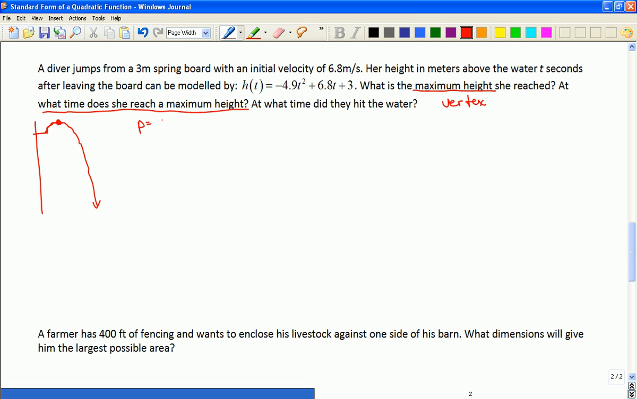let's start by finding the vertex, which is going to be negative b over 2a. So for us that'll be negative 6.8 over 2 times negative 4.9. And I get a time of 0.693, and I'll round it here to 0.69 seconds. And if this is when it happens, that means I know what time it was when she hit the maximum. So if I want to know, I just plug it into the height. So her height at that maximum